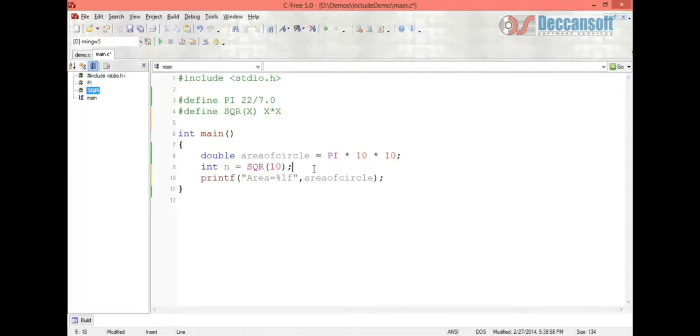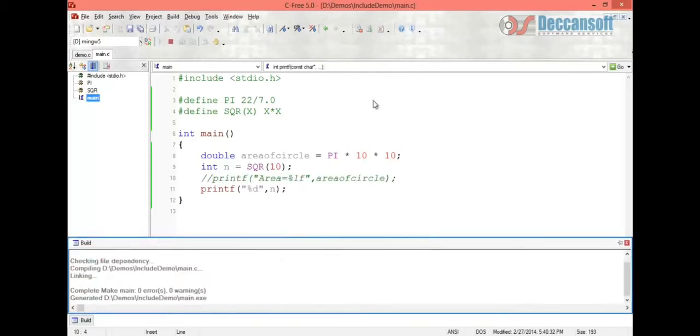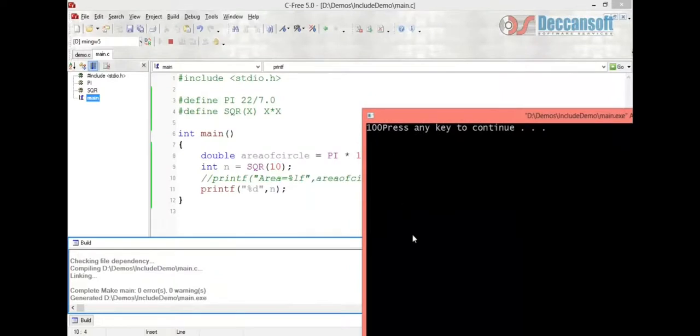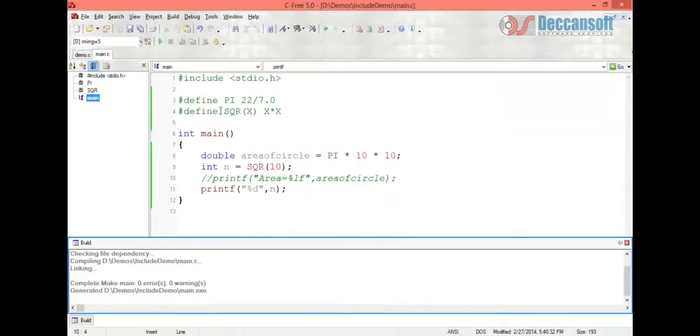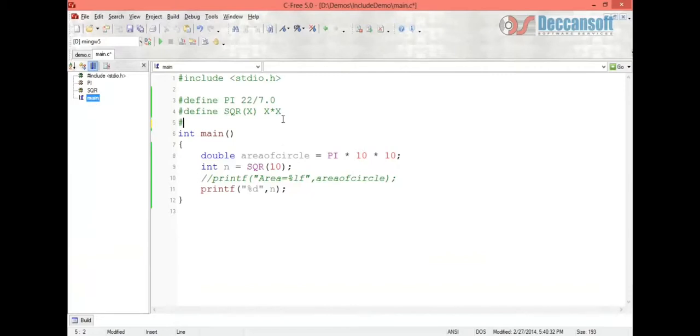Here #define is a preprocessor directive, which takes place and replaces the value of the macros. So now printf %d n equal to, okay, now let's run and we get the answer as 100, which is correct.